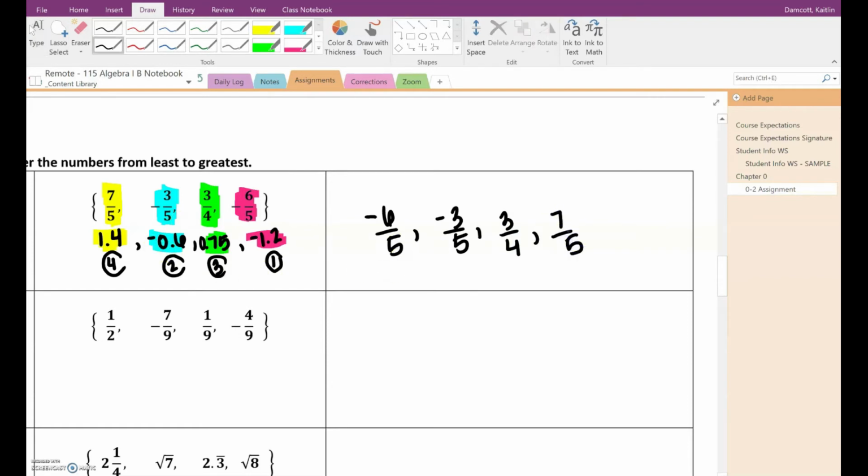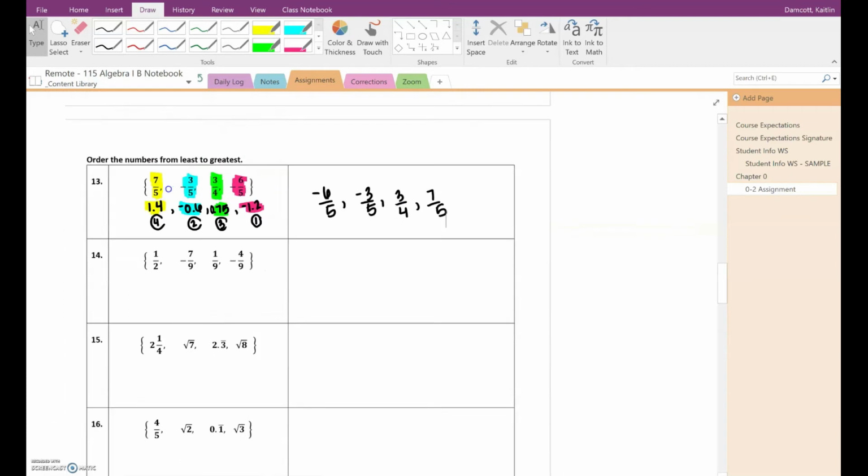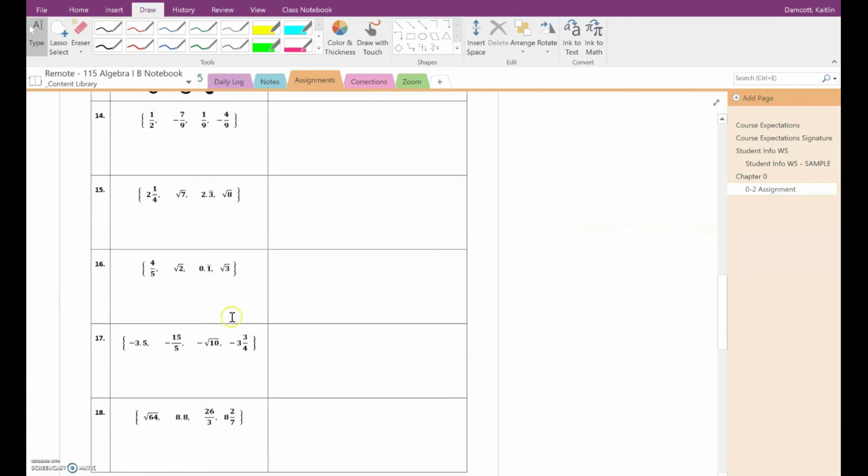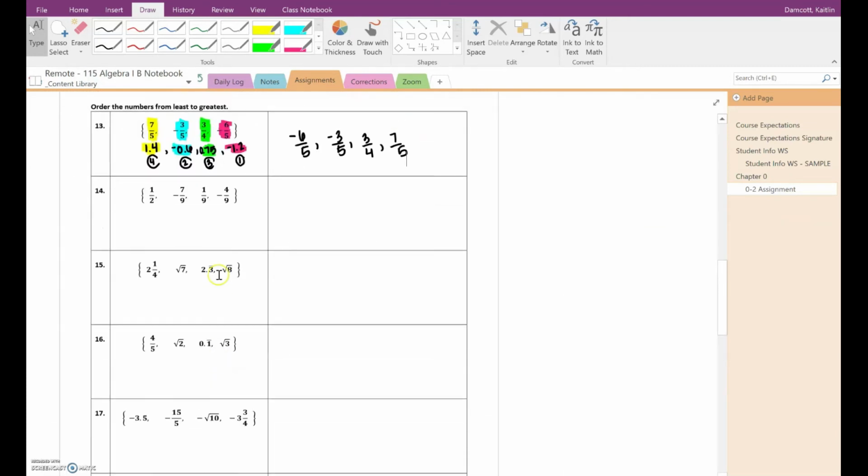Again, just to fill you in on this process, you want to turn all of the numbers into decimals, and then you want to compare the numbers to see which ones are bigger or smaller. Then you'll rank them. Once you've got the rank, you can rewrite them the original way that they were given to you. So that is one example. Try these other ones on your own. I will show you